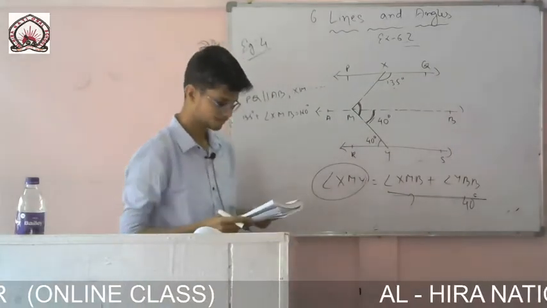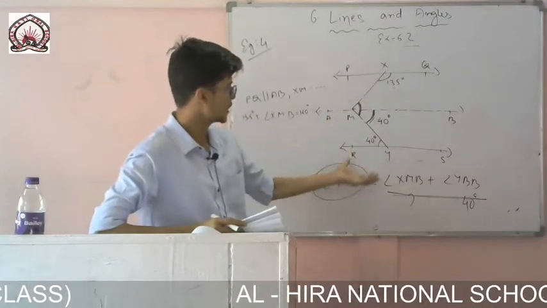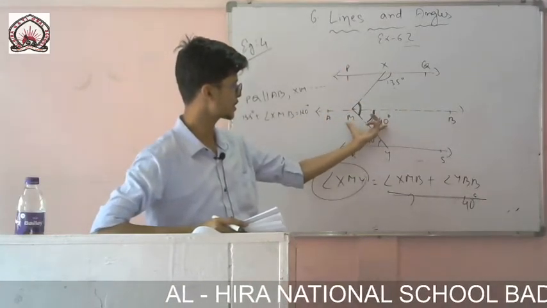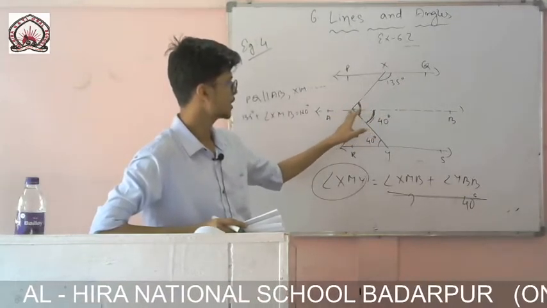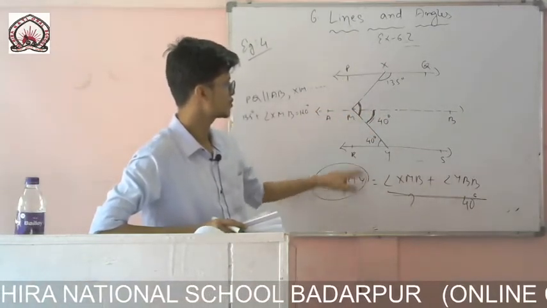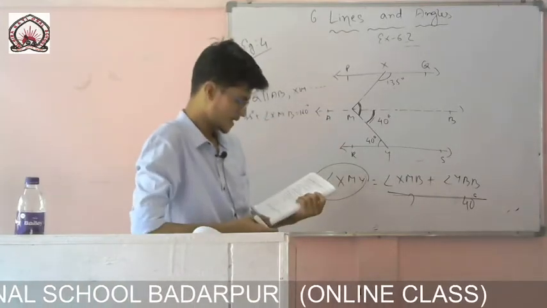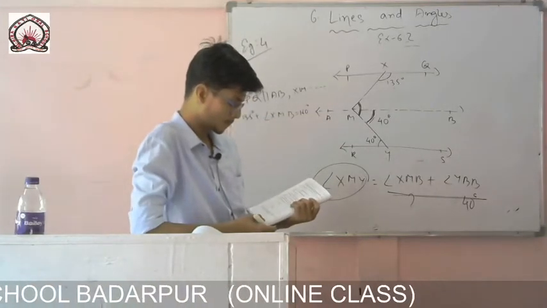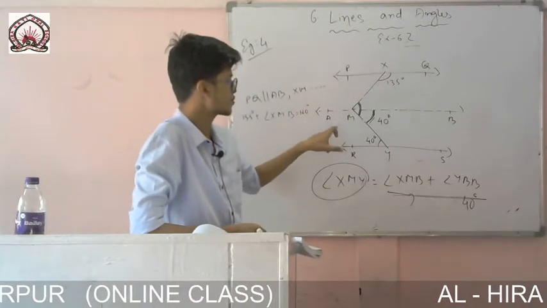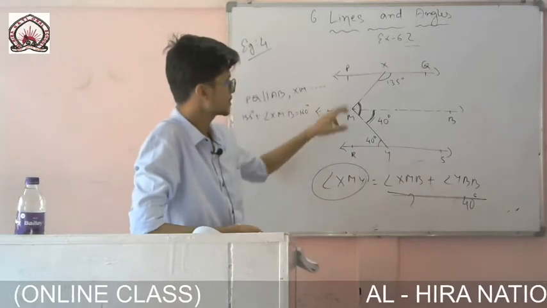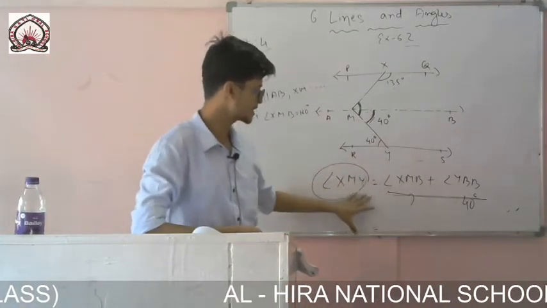Very easy. First of all, this is how you write it. You draw this figure, then you draw this construction: draw AB through this point M, parallel to these two. You write as it is given here: draw a line AB parallel to line PQ through point M as shown in the figure. Then you write that this line is parallel to that one, which means these two are also parallel. Now our motive is to find this one.